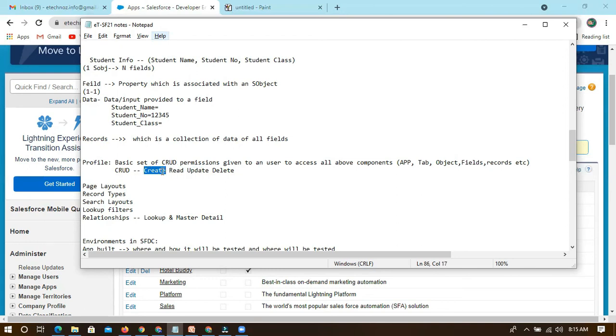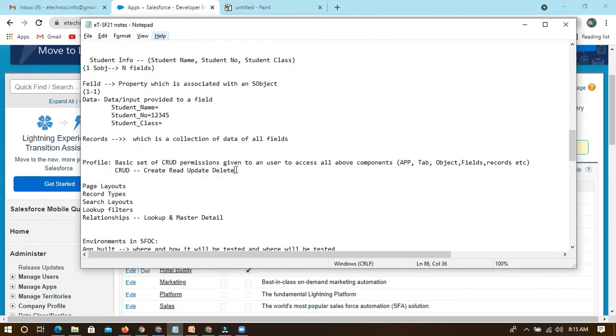Whether he can create, or he can only read it and can't do any other things. Create means they can create one more application within the system. Update means they have already created an application, and if they want to update it, do they have access to update also? Delete: mostly we won't give the delete option to business users, because business users will only see it, but they should not delete anything.